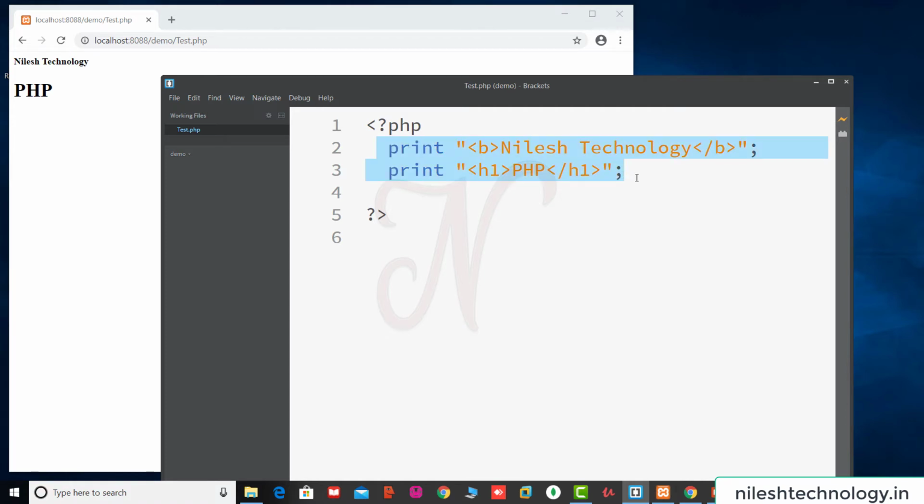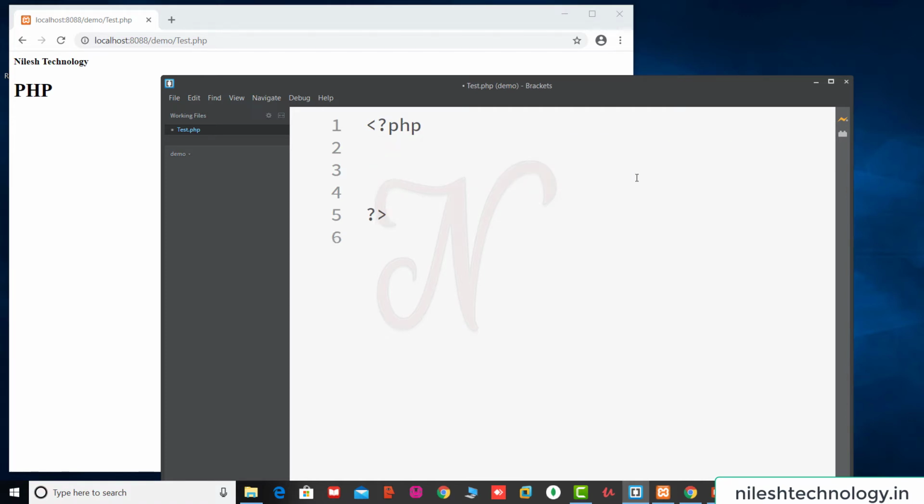See here, echo and print are used with a variable. For example, this value is stored as 10, and if you try to print this value using the echo statement, see here, value is equal to $val. So $val is in double quotes.